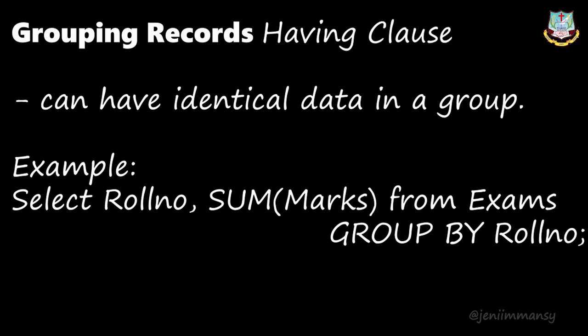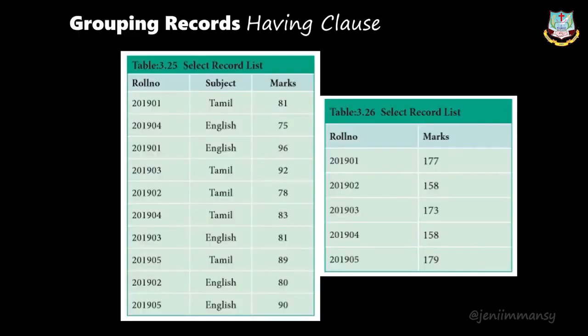Consider we have a table named exams, which has the fields roll number, subject and marks, right? Here we have many rows, like 201901, 201904. Likewise, we have many rows in this record, for different subjects also. Using the GROUP BY command, now we are going to group this. The roll numbers are grouped and the marks are added up against the roll number with sum of marks,